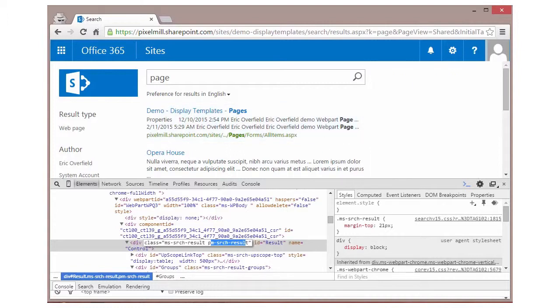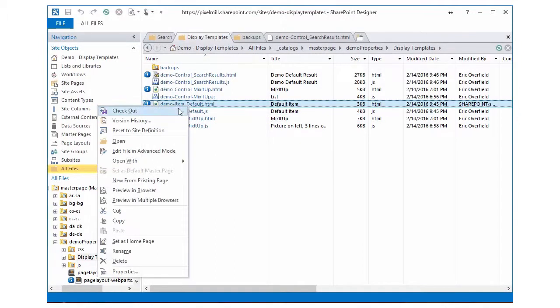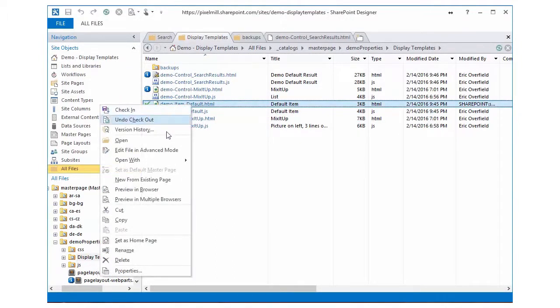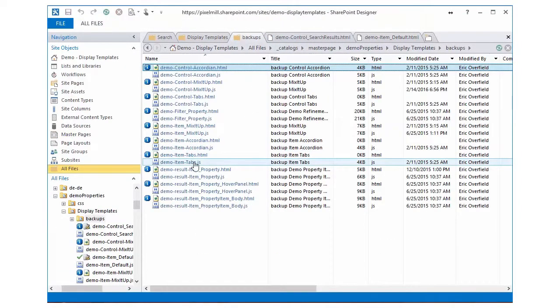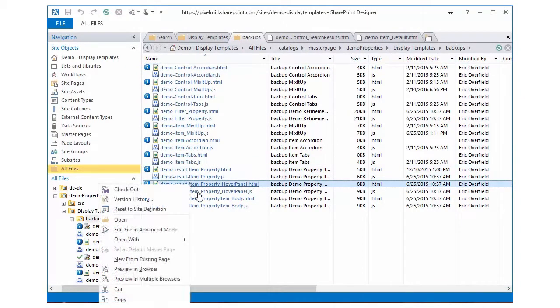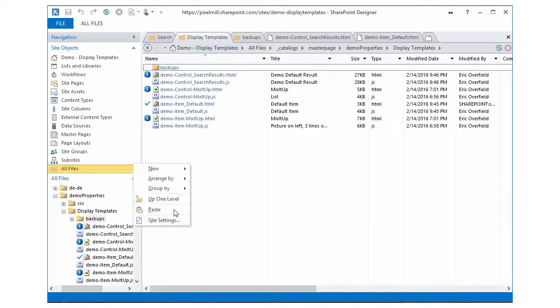Now the item template is a little more tricky. There's a lot more going on there. And so like I've done in the past, I'm going to go ahead and cheat a little. I'm going to edit that template, but I'm going to go to a backup that I have, and I'm actually going to move over a bunch of extra files as well. So we'll get to these in a second, but I've got a body, an item body template, and an item hover panel template that I'm going to use. So let me copy those over here,